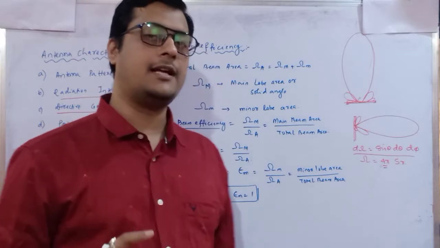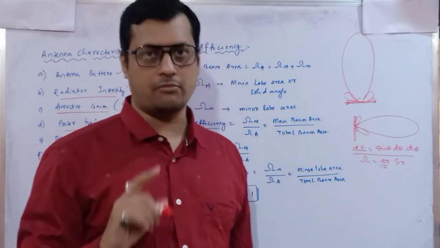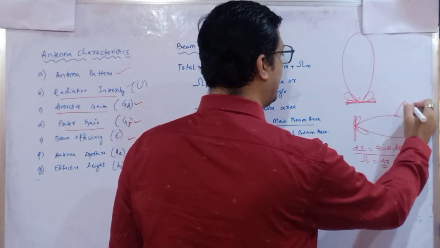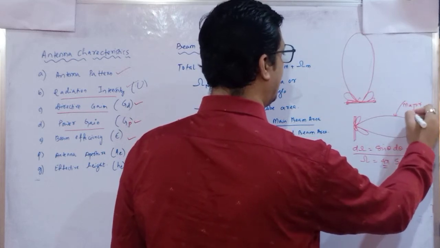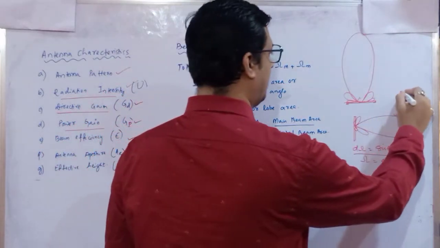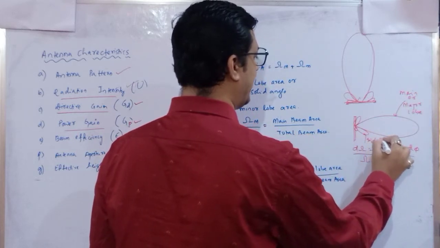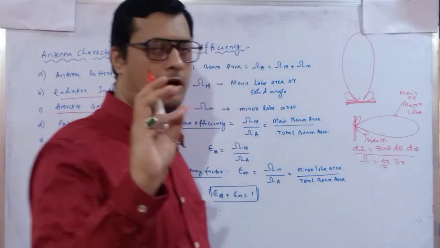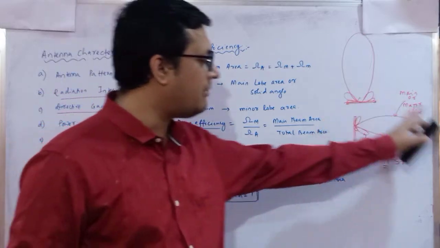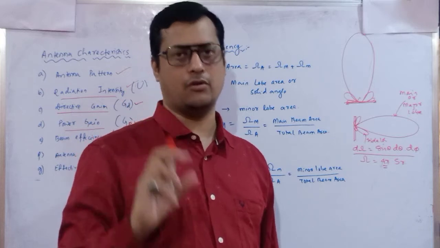Your beam efficiency is basically identified with respect to the solid angle as well as the lobes, major lobe and minor lobe. In this radiation pattern, one is the major lobe, or you can say the main lobe, and these are called side lobes, or you can say minor lobes. Small lobes means small radiation patterns are created, but the maximum strength in the particular direction in which it is propagating, we identify as the major or main lobe.